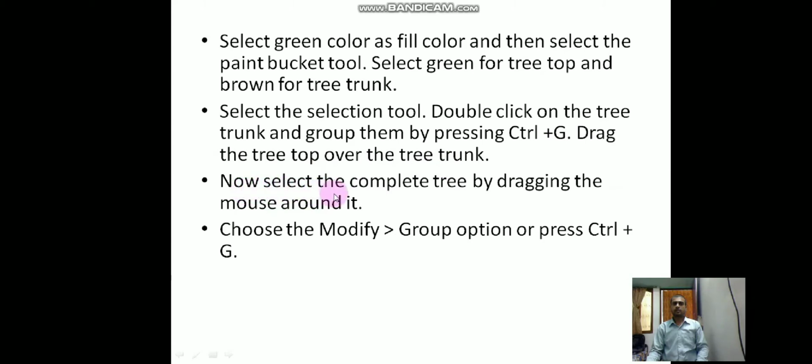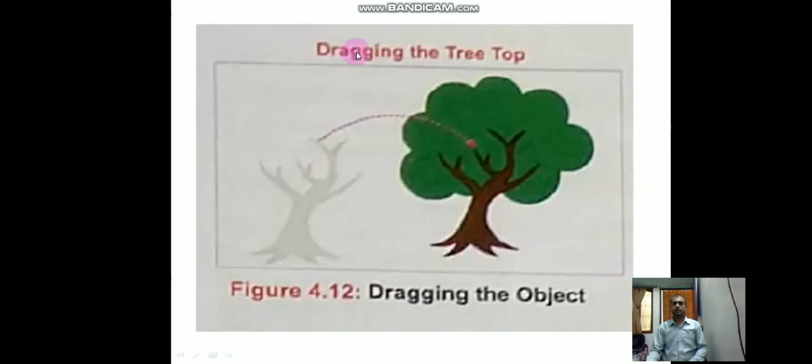Now you have to color them both. Now select the complete tree by dragging the mouse around it. Choose Modify, then Group, or you can press Ctrl plus G to group it. Now this is the figure that I am showing you. You have to drag this leaf or this trunk to join them.